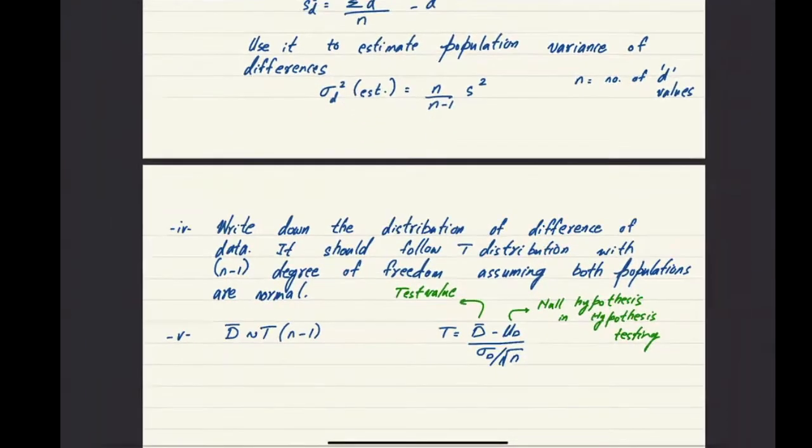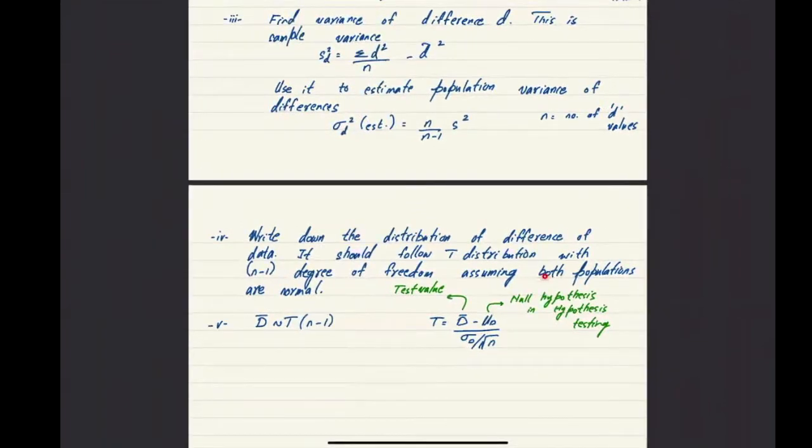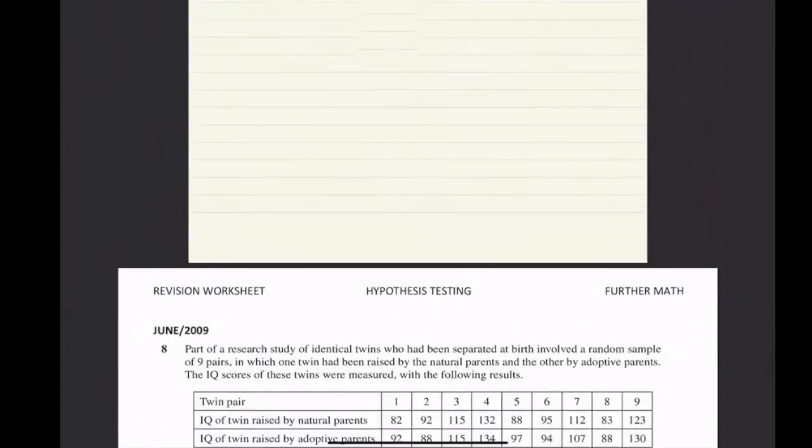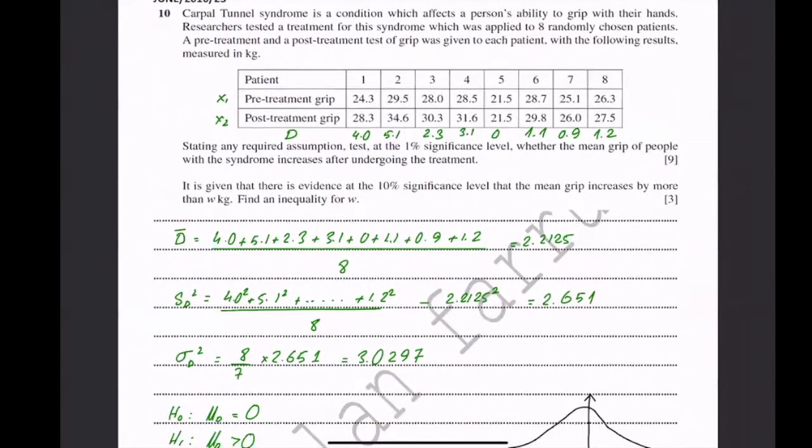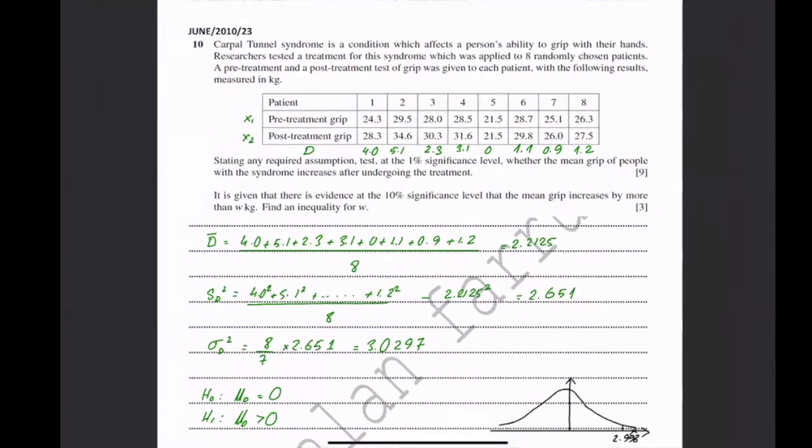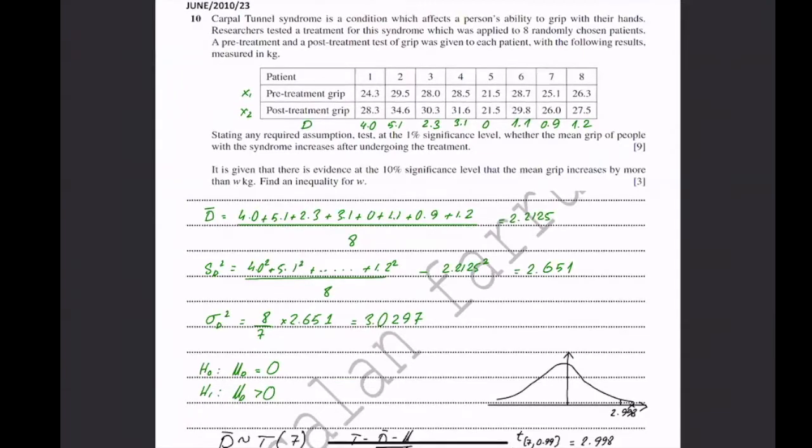And then you will write down the distribution of the test statistic. It will always be a t-distribution, since it will always be a smaller set of data, something lesser than 30 for x1 and x2. Then you can write down the t-distribution for the data, and perform a hypothesis test in case it's hypothesis testing, or you can also find the confidence interval. So it says